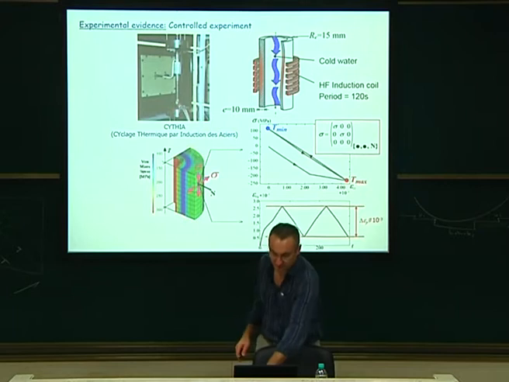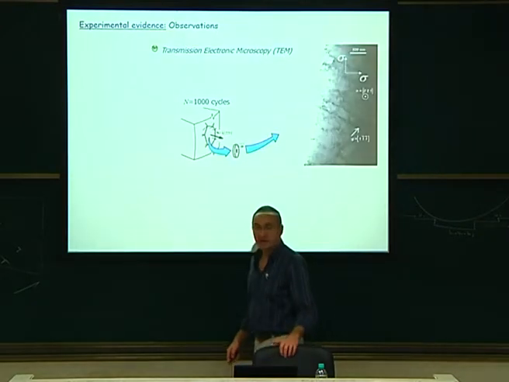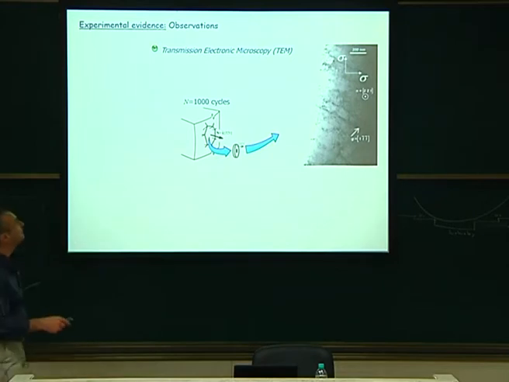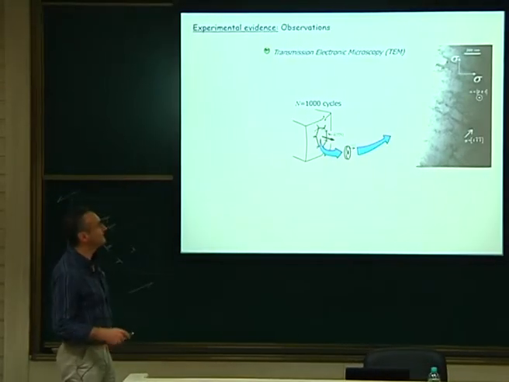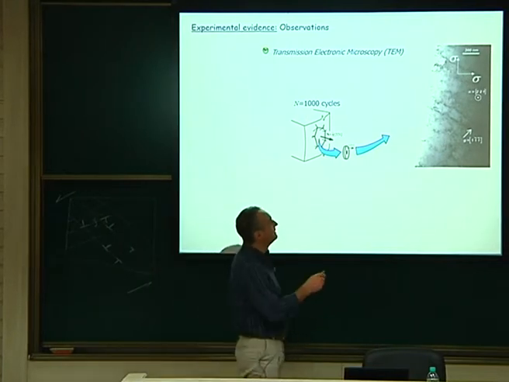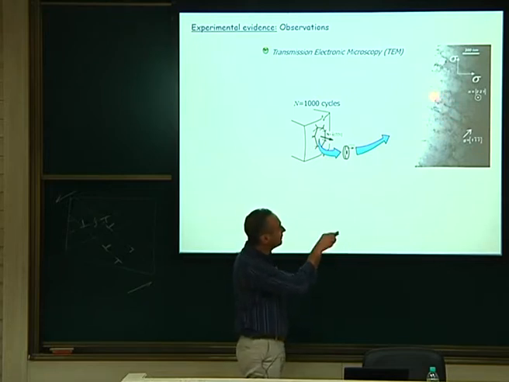Amplitude is 10 minus 3. Okay? So if you take out a thin foil specimen for TEM, this was a TEM investigation from my colleague Christian Robertson in Saclay. He took out a thin foil from the outer part of the pipe, and he was able to observe some large dislocation structure, and you can see some wall like that.